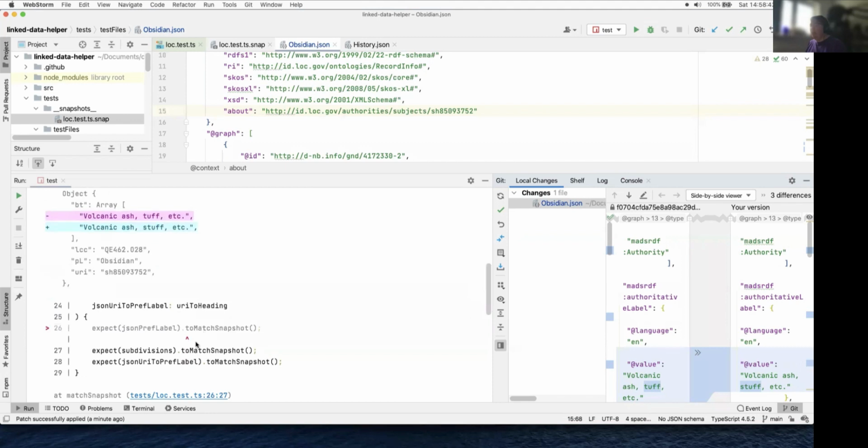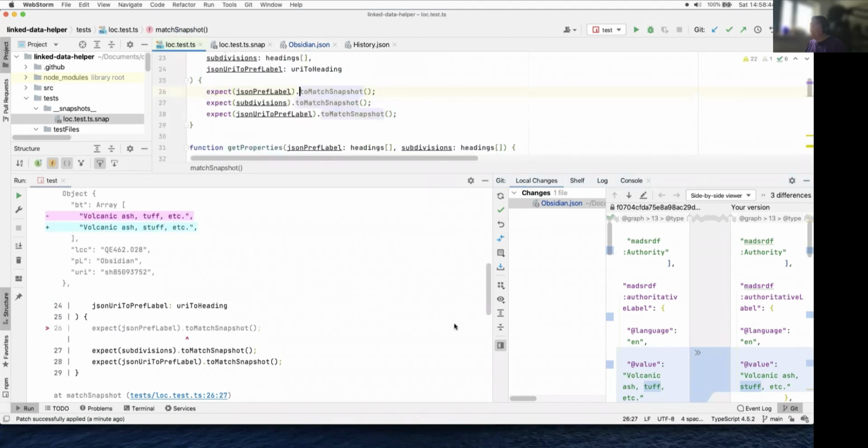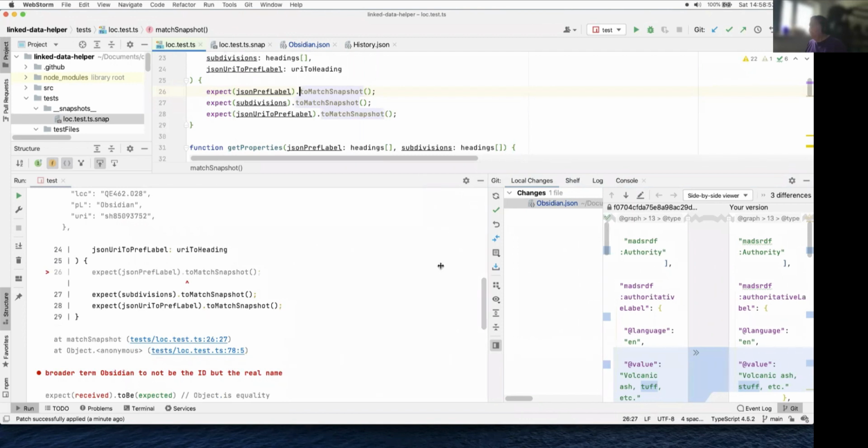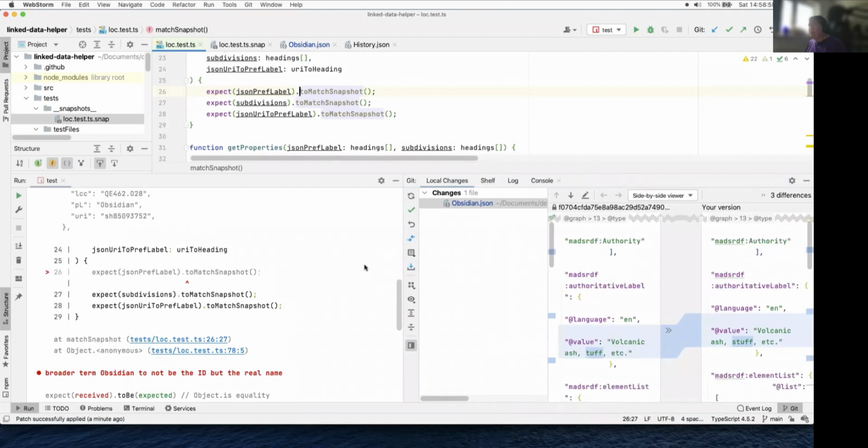And it's telling me where the failure was. So that can be a really powerful way. Snapshot testing can be a really powerful way of testing things that are either hard to create or that would take too many expects or asserts or whatever to test them. And normally at this point in a talk, I would be telling you about the Node implementation of the approval tests